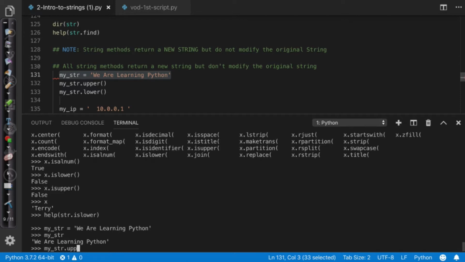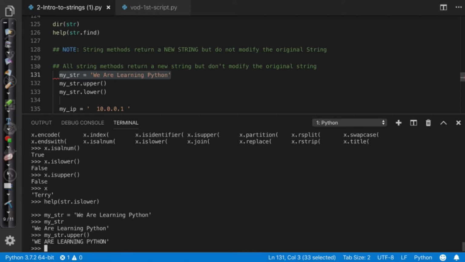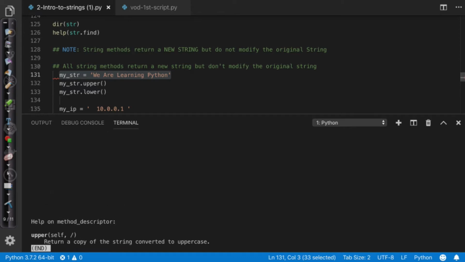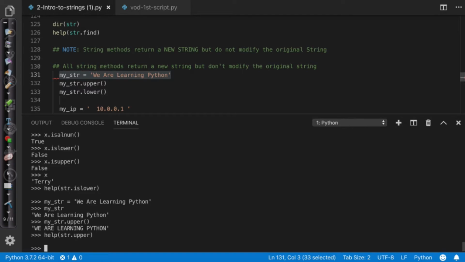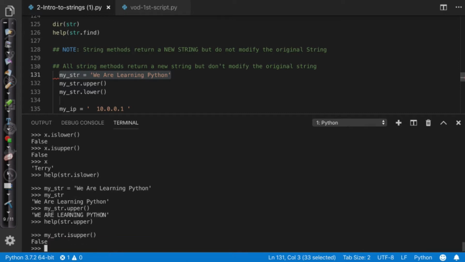And I can come in and say, is it upper? Just like we did before. But notice I didn't say is upper. I said upper. So if I look at upper, if I come in here and say help string.upper and close this out, it says it returns a copy of the string converted to uppercase. Q to exit. And all it did was basically just capitalize everything. Now if I come over here and say is upper, false, no it's not. Is lower,